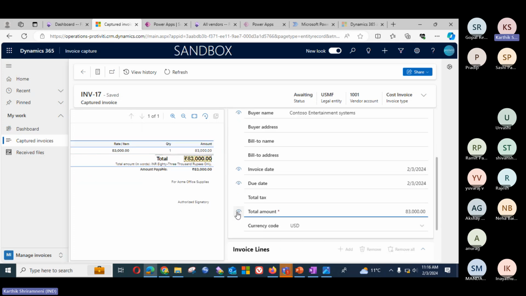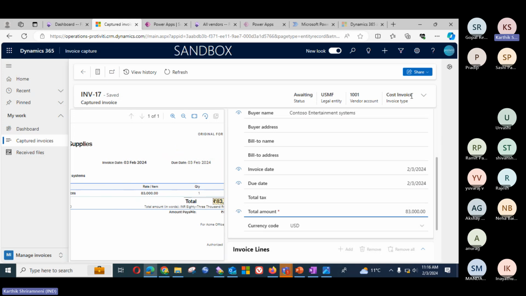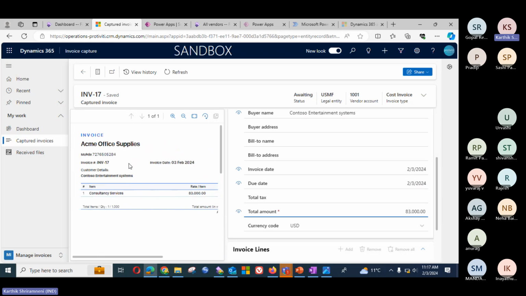This way it is able to pick up the data. The amount has been picked up from here this way. Based on the invoice data available, the system is considering this a cost invoice. There are two kinds of invoices. A cost invoice, which in Dynamics language is an invoice journal. If it is a cost invoice, the system will create an invoice journal. If it is a purchase order invoice, the system will create a pending vendor invoice in Dynamics 365. Hence, since it looks like a consultancy invoice,